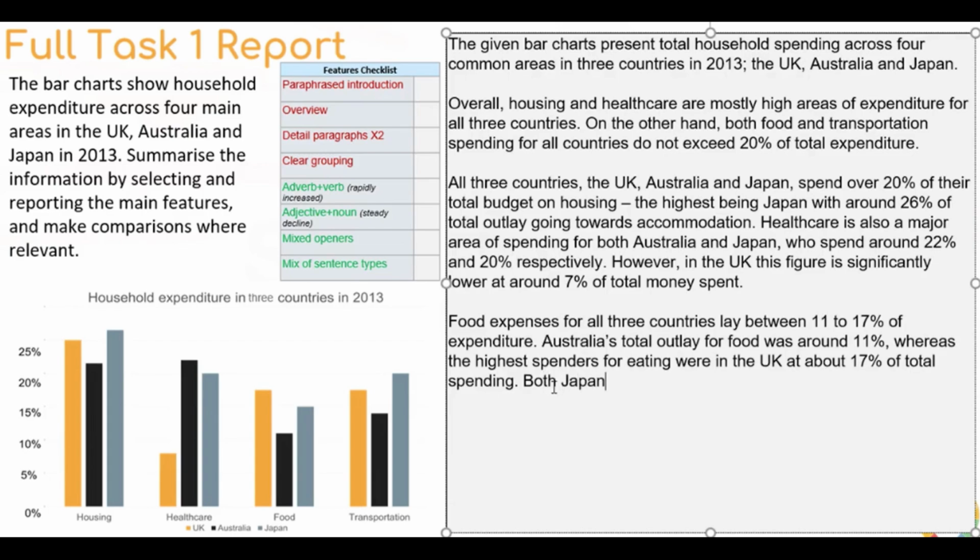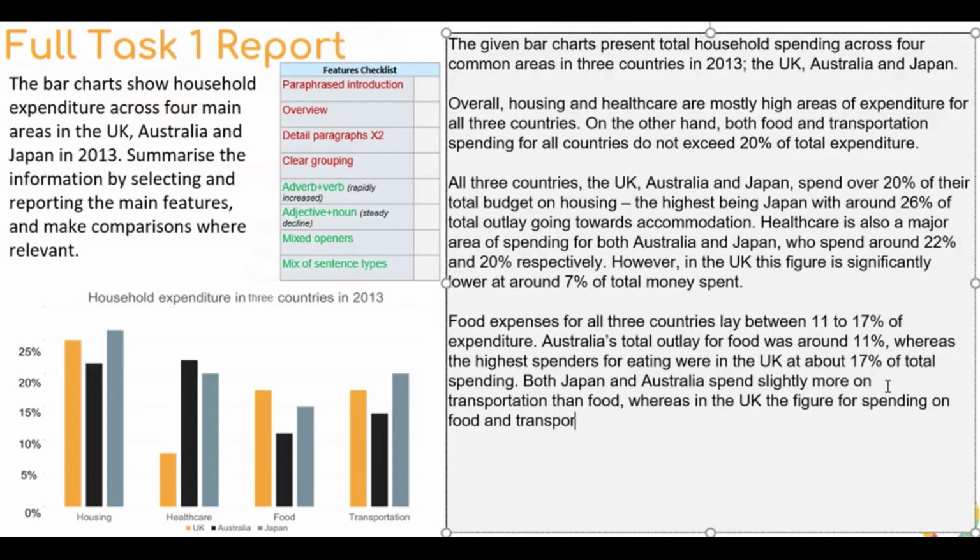Both Japan and Australia spend slightly more on transportation than food, so I've got an adverb, whereas in the UK, the figure for spending on food and transportation remains the same at around